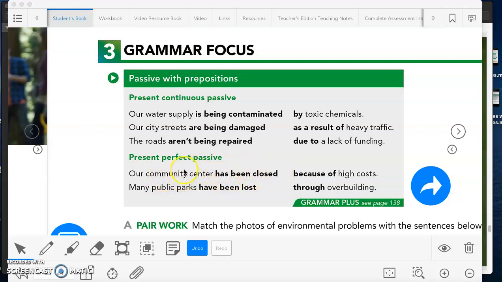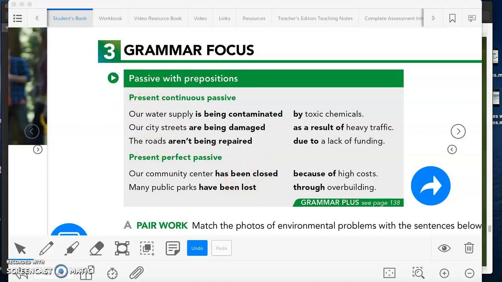Many public parks, plural, have been lost. And then we have the prepositions because of, through. This is high cost, overbuilding. So again, in here we are seeing the reason why this action is happening using present continuous